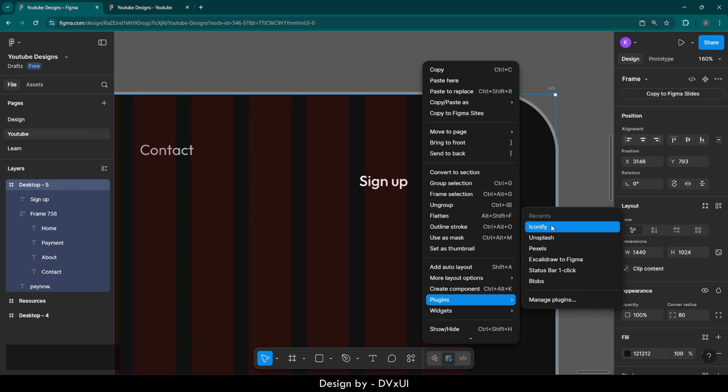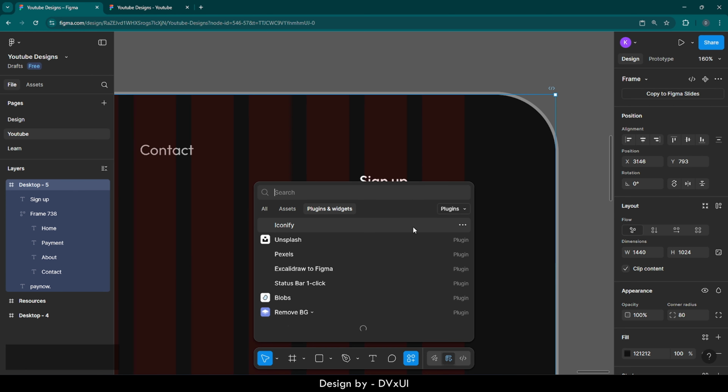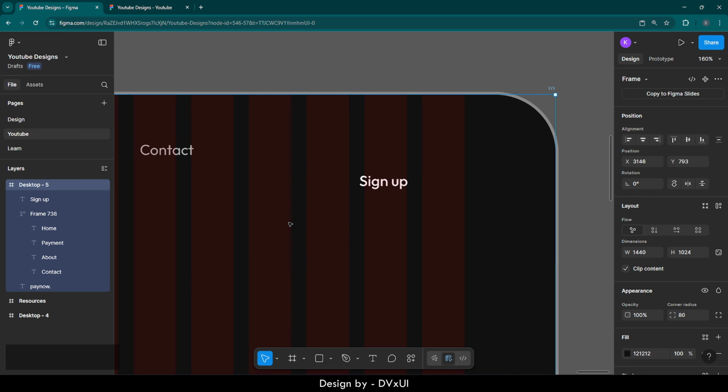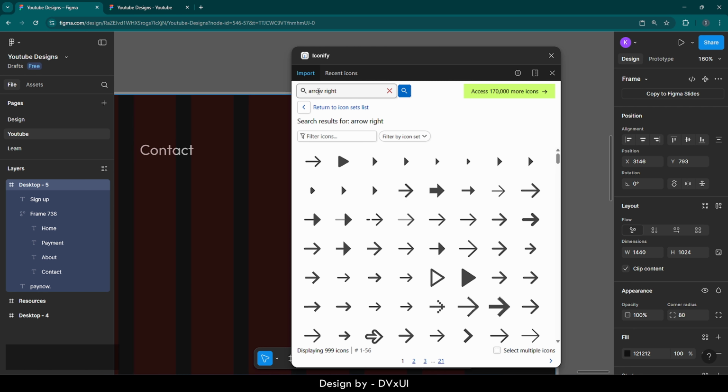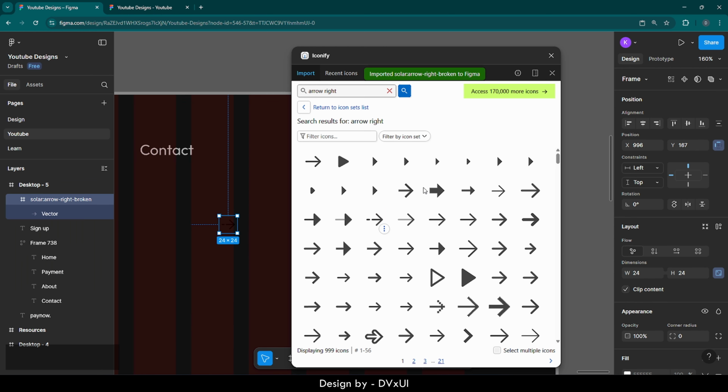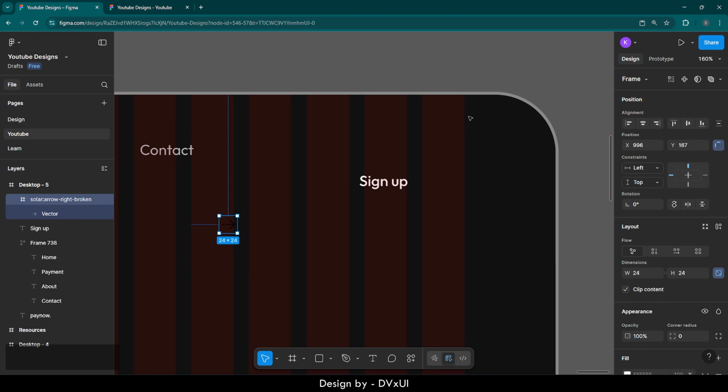You might not find it in your Figma. What you can do is go to manage plugins, then here you can search for Iconify. I have already installed it, so I will just run it. And now in the search, I'm going to write arrow right. And among these arrows, I'm going to pick this one because this is looking interesting. And I will drop it over here. Let's cross this,